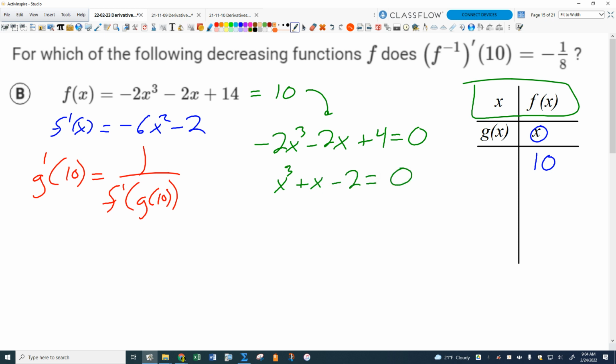Okay, now this is a dirty trick they play on the AP test. A lot of times they'll give you cubic functions like this where you can't use a quadratic formula, you can't factor it. But it always works out so that the answer is very simple. I tell you what, 9 times out of 10, it's 1. Not kidding. That's the truth. I've done 1,000 of these problems,